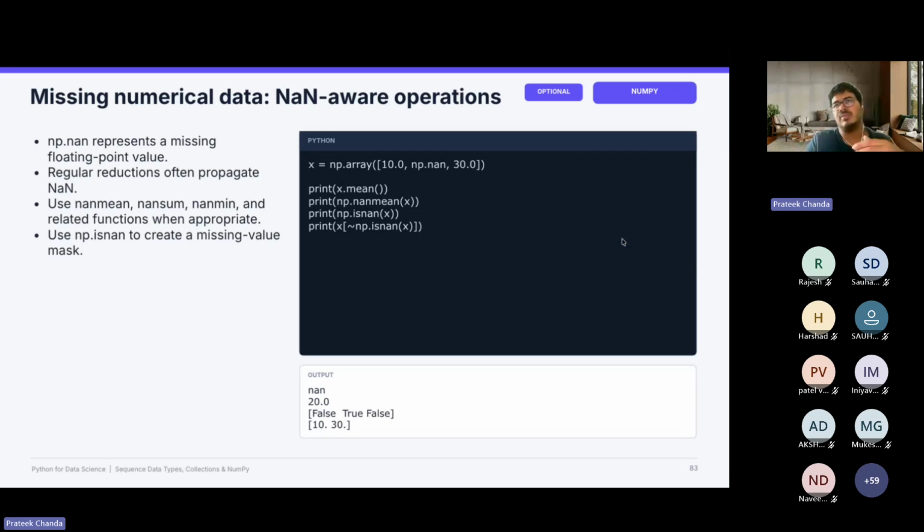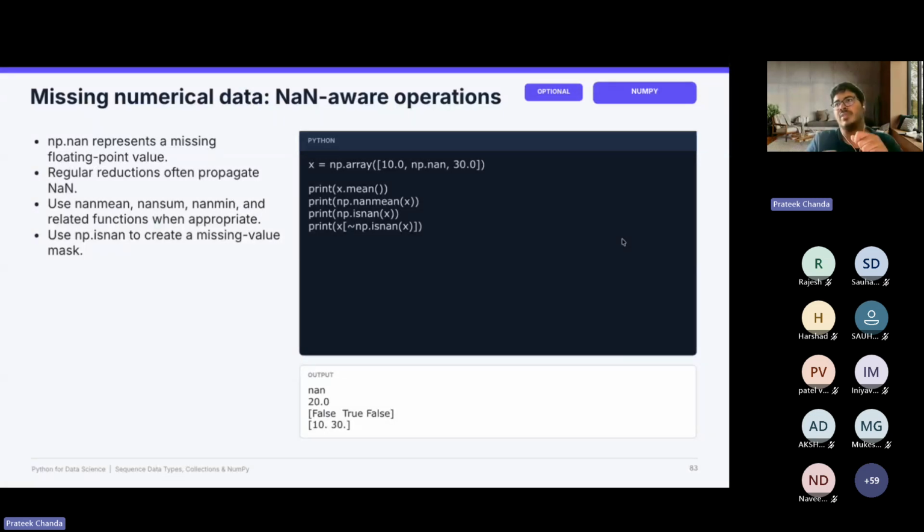Typically people use NaN as a value for that. So if your data set contains missing values, you can replace them with np.nan.